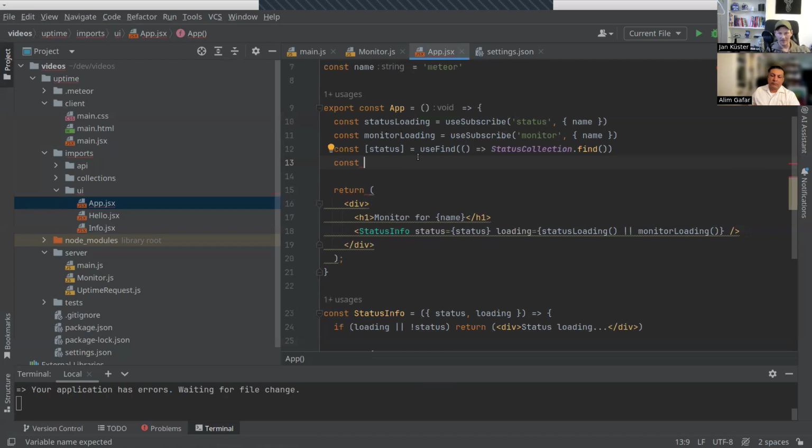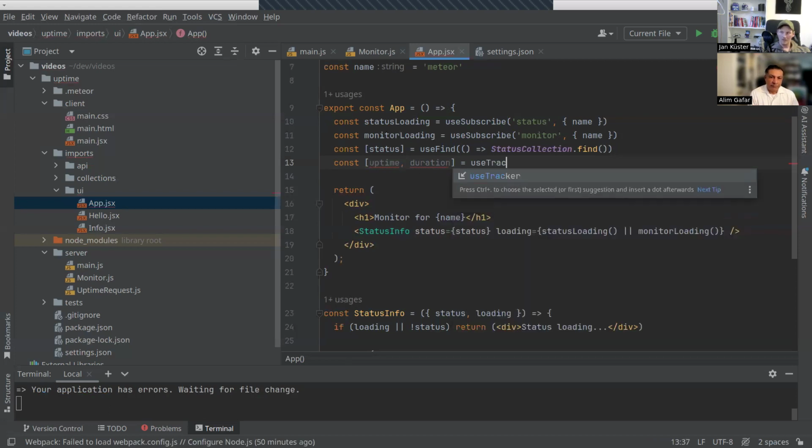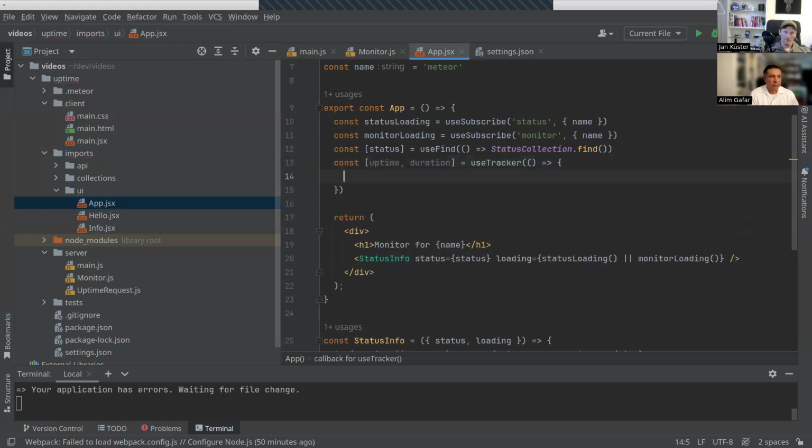In publish subscribe, you update your client collection. And with tracker, we just run a function if data has changed. We want to get two charts called uptime and duration. And then we use the useTracker, run a function, and we want to run this function